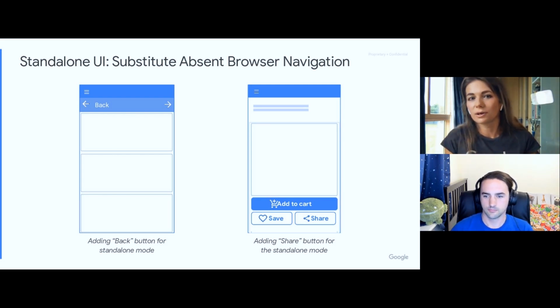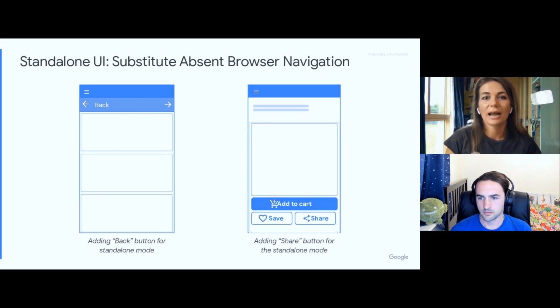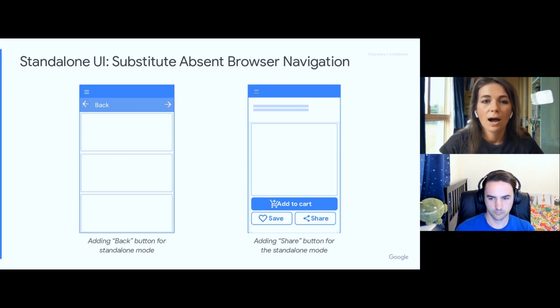So in this case, you can consider adding some additional navigation into your PWA when it's open in standalone mode. For example, it can be simply back and forward buttons. It can be breadcrumbs, or you can rethink having the navigation designed in a different way.